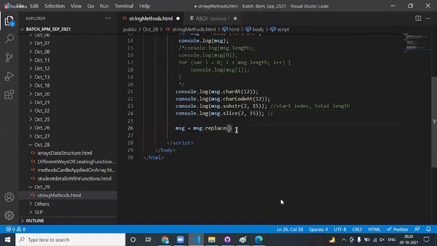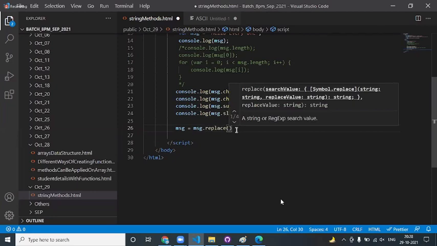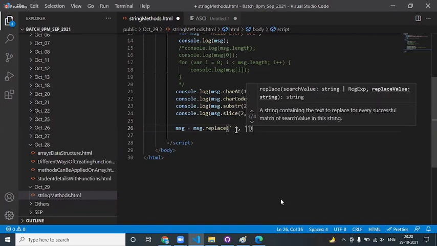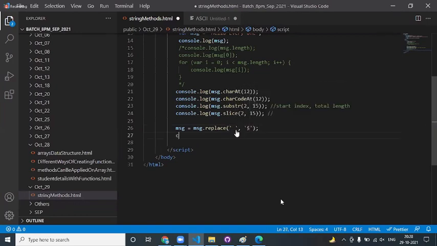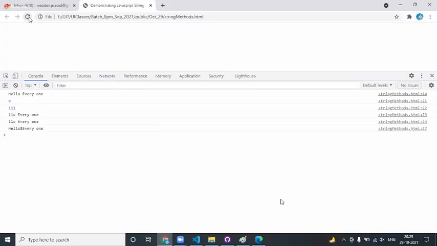Now, replace is a method. Anytime you want to replace any content within the string with any character or whatever it is, you can make use of it. Now, I want to replace the space with a $. What I'm doing is, you have to identify the spaces within the provided string and replace that with a $. So let us save this, come back here and reload the page. Do you see the space got replaced with the $? But if you see, only the first space got replaced with $, not every other space.